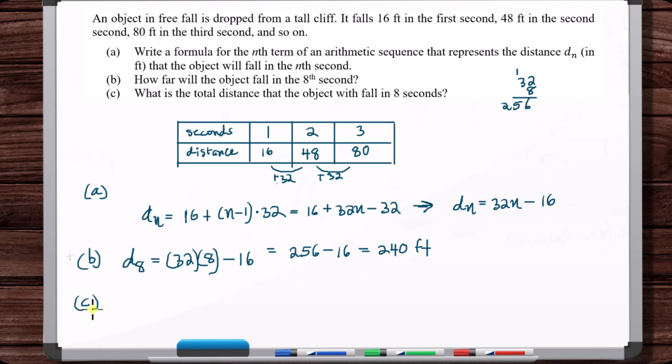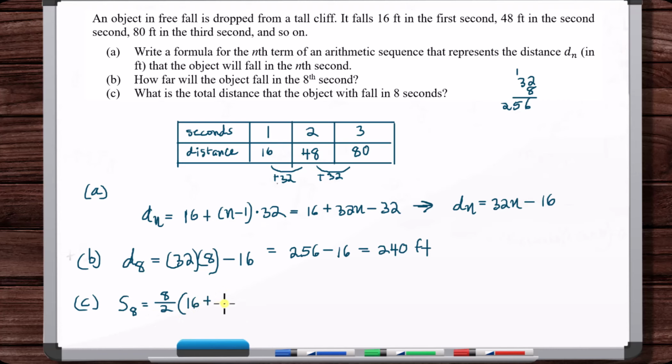What is the total distance the object will fall in 8 seconds? The total distance. So the sum, right? It falls 16 feet in the first second, 48 feet in the second second. So in the first 2 seconds, it falls 16 plus 48 feet. So if we want the total distance the object will fall in 8 seconds, we just need the sum of the first 8 terms of the arithmetic sequence. We need s of 8. So this would be 8 divided by 2, and then a sub 1 is 16 plus a sub 8, or d sub 8, s sub 8 is 8 over 2,